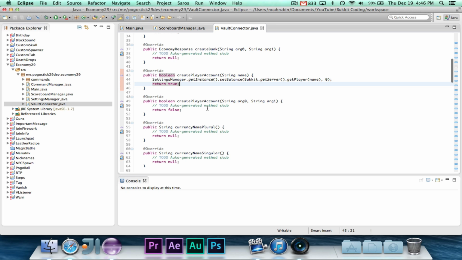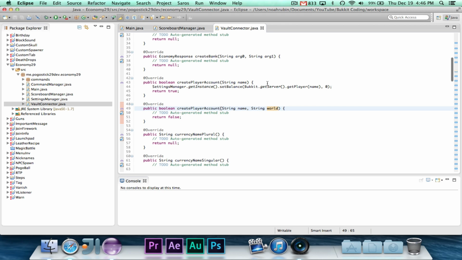Okay, createPlayerAccount, and that takes 2 strings. So let's take a look at that. The interesting thing about Vault is the multi-world support. Anytime you see a method that has 1 string, it is the name of the player.